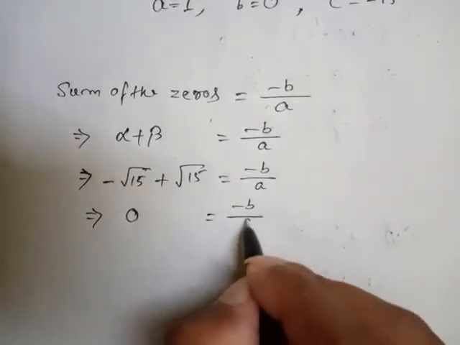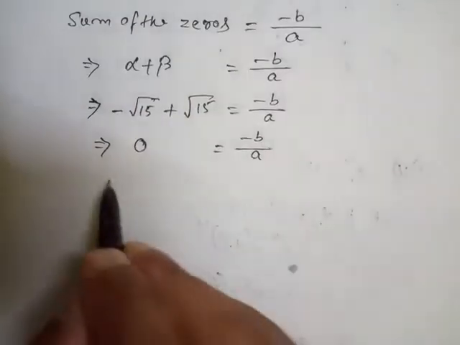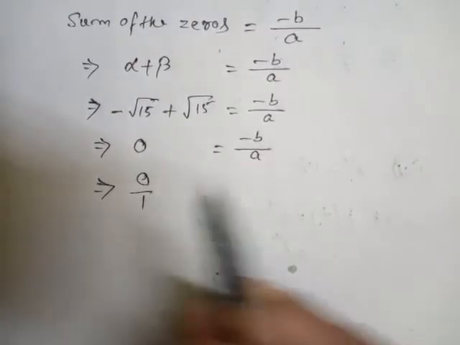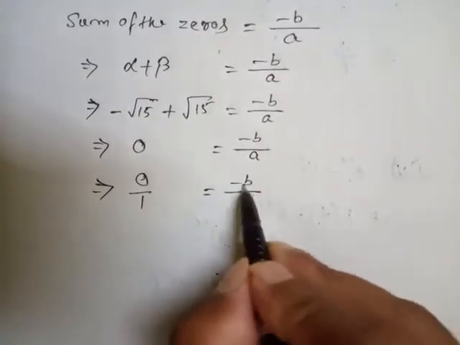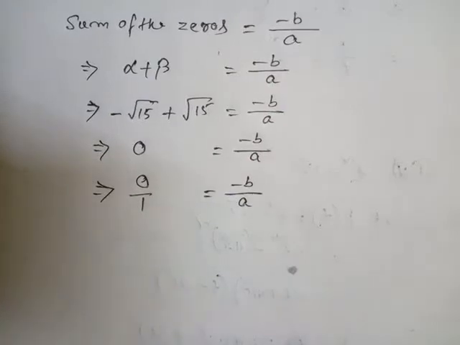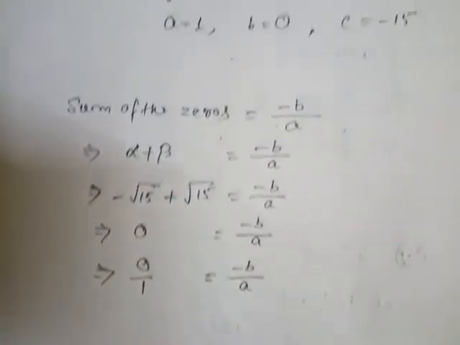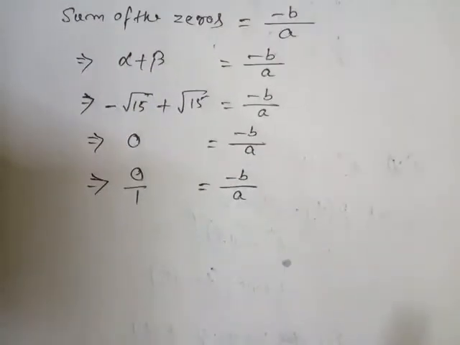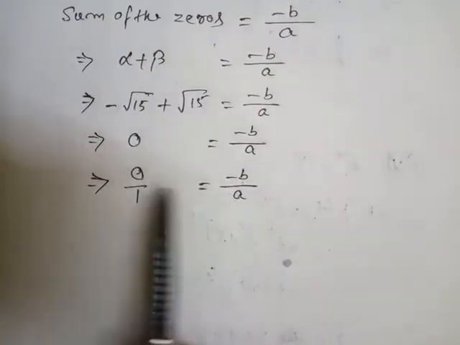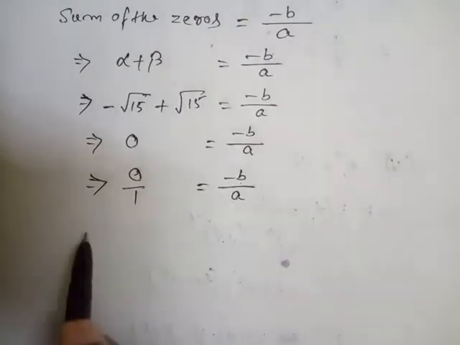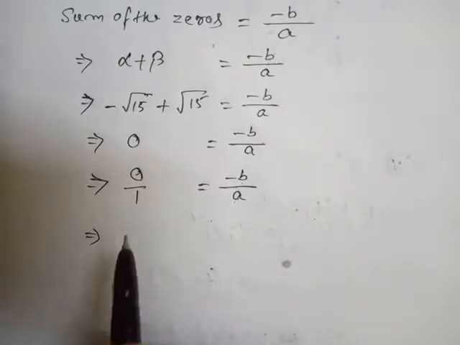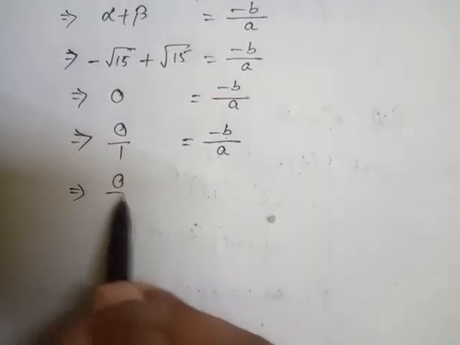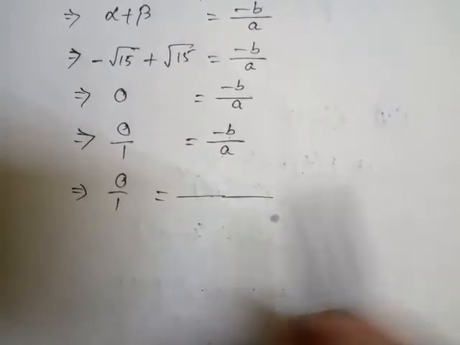0 means minus b by a, so next one would be 0 by 1, we can write 0 by 1 and minus b by a. Now look here, the value of a is 1, so 0 can be written as 0 by 1, so the value of a is 1 and b is 0, so we can use the last line, 0 by 1 equal to, since it is minus b,